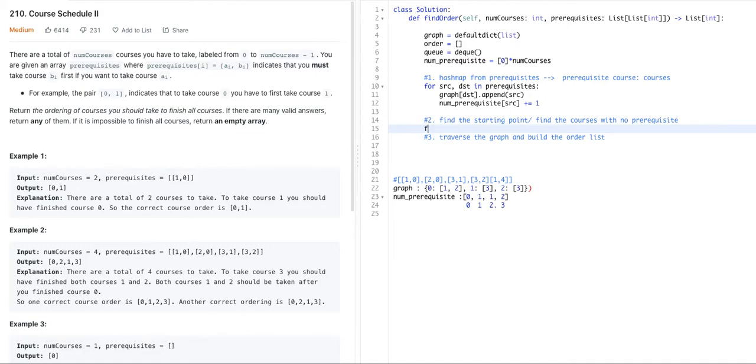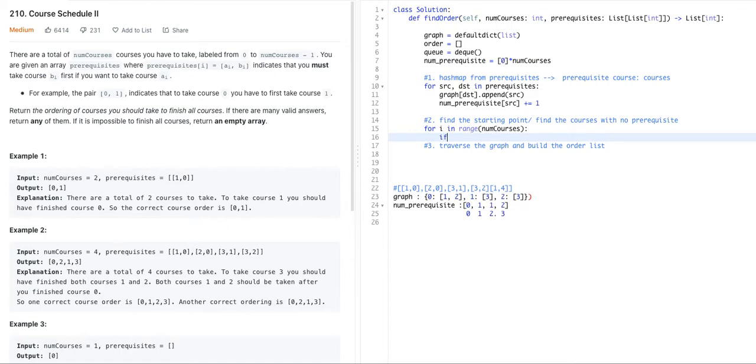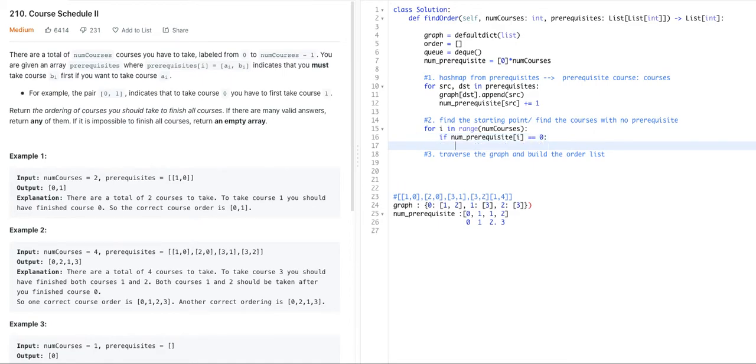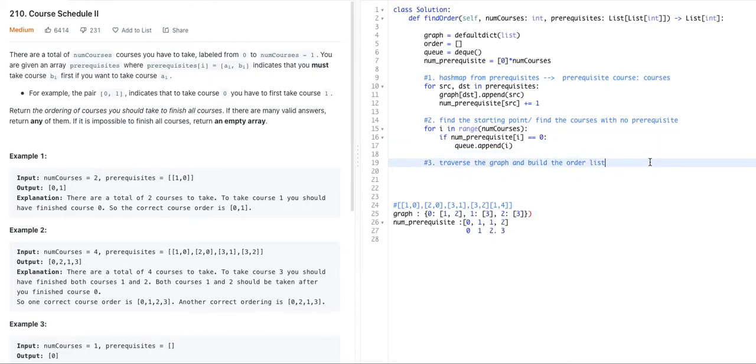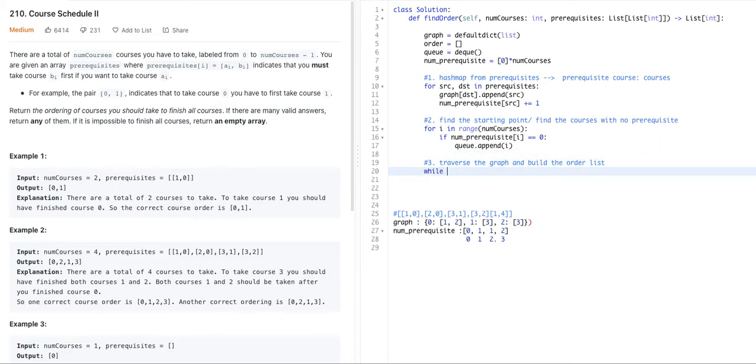We say for i in range the number of courses, we say if number of prerequisite at that index is equal to 0, which means that course has no prerequisite, we are going to add it to the queue, right? There we go. And then we are going to say while queue,